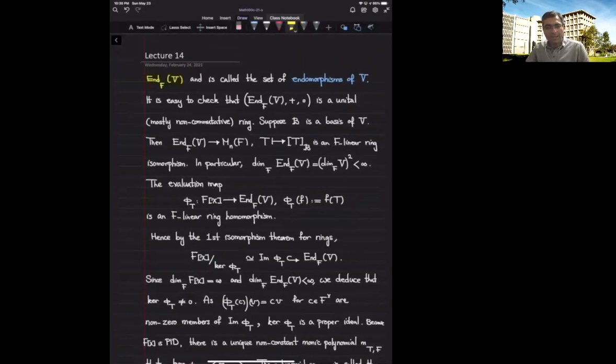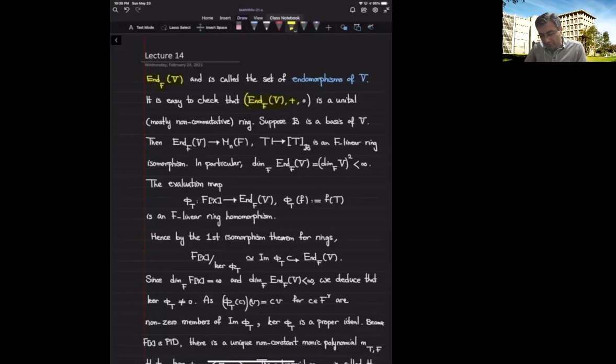Endomorphism means homomorphisms that have the same target as their domain. So all F homomorphisms from V to V are called endomorphisms. Now I'm considering the set of all F endomorphisms for the vector space V. It is rather easy and interesting to show that in fact the set of all F endomorphisms of V